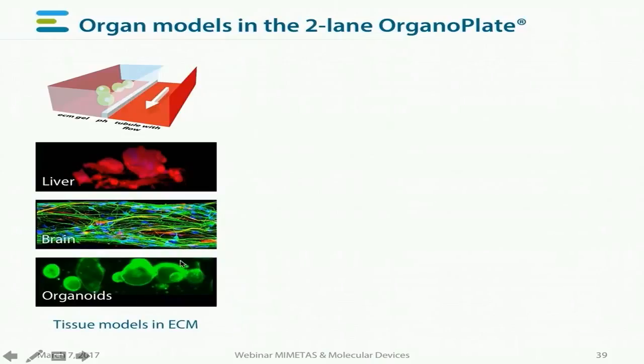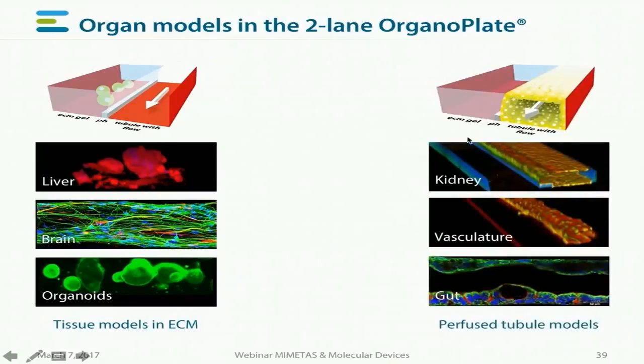We work a lot with organoids, which are LGR5-positive organoids such as small intestinal organoids, but also other types of organoids. Our perfused tubular models, where the tubule is seated against a preset extracellular matrix gel in the adjacent channel, such as the kidney proximal tubule models, the vasculature models, endothelial tubules, as well as the gut models,